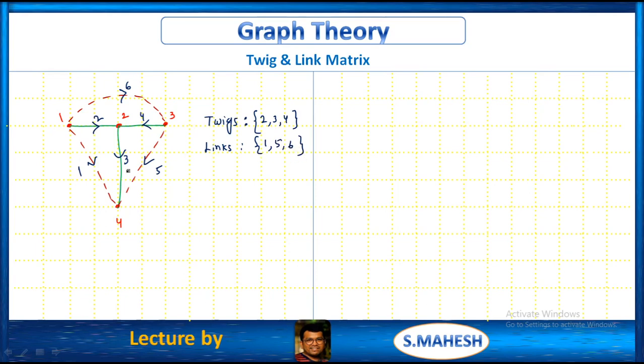So from this tree representation of the graph, we have to get the twig and link matrix. Therefore we have to get the matrix which is equal to